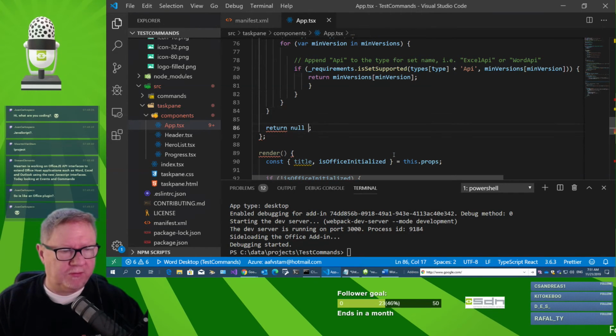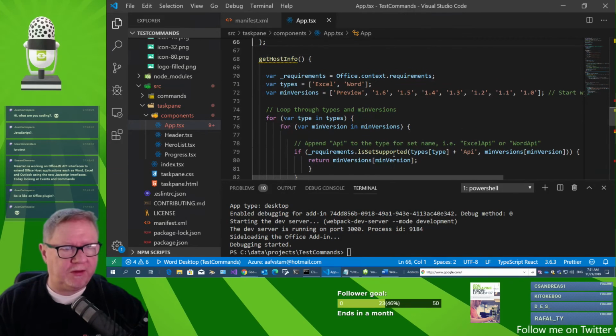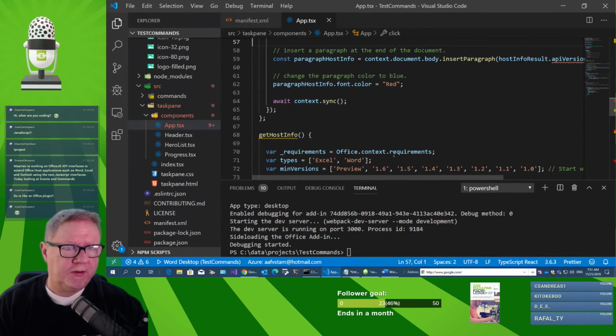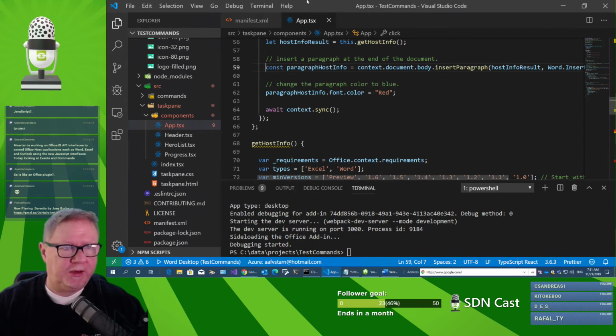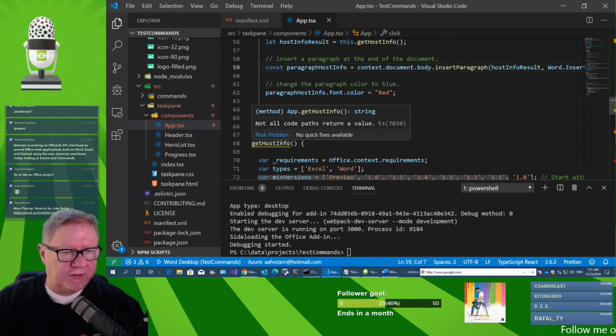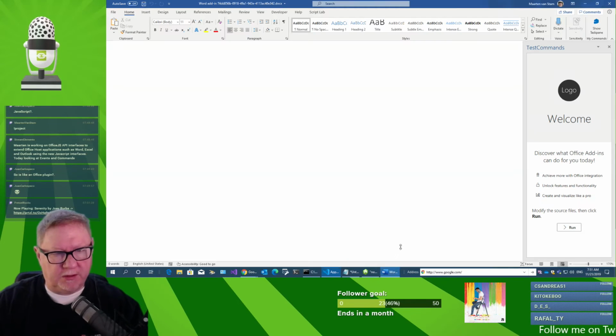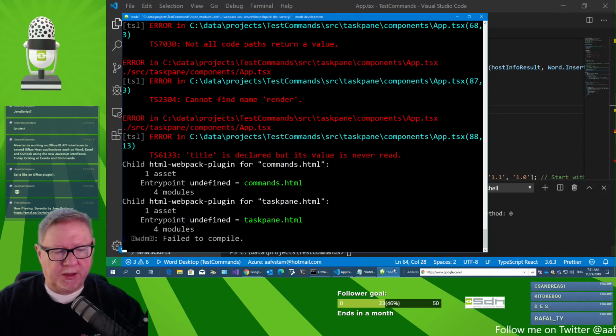Can I do this? No. Maybe I just don't care about returning nothing for now. This one is not correct anymore. So it should be now giving a string back, yes. Let's see if it's adding it. Kill the Word instance. Don't save. And kill the node